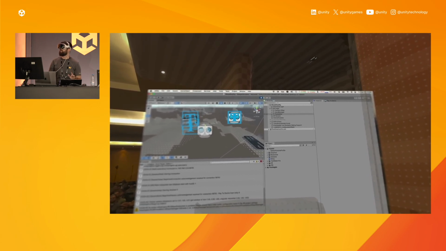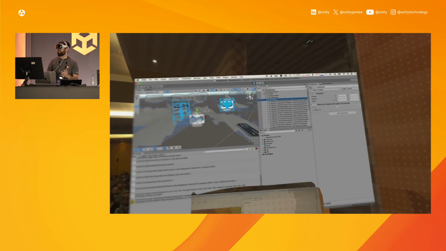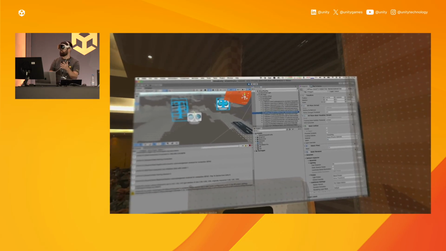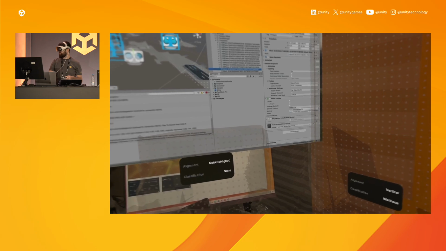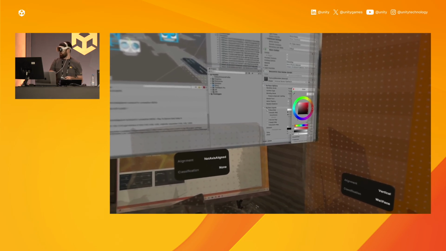But we see here we have the XR origin. I can investigate what my trackable objects are doing, where they are located, and what their transforms are. You can see it's being updated there live. Similar to before, if I want to do some material editing, say I want to make the meshes way more transparent,